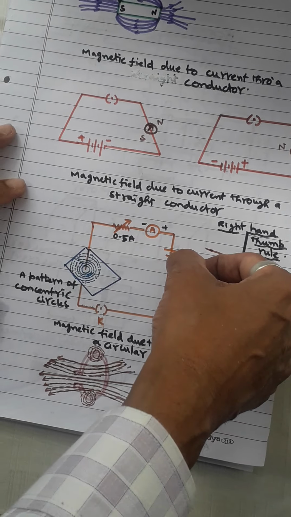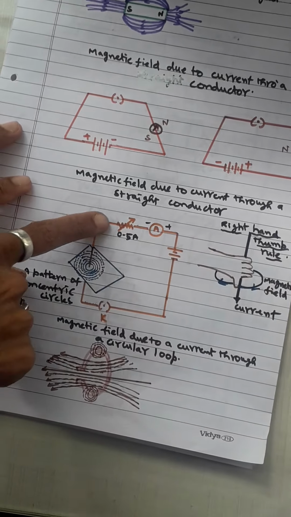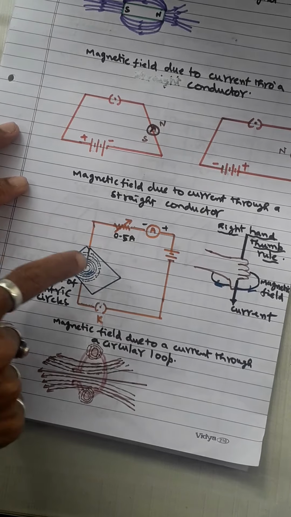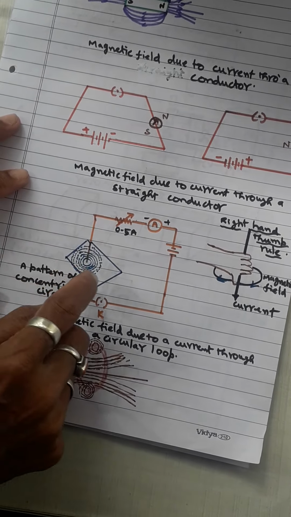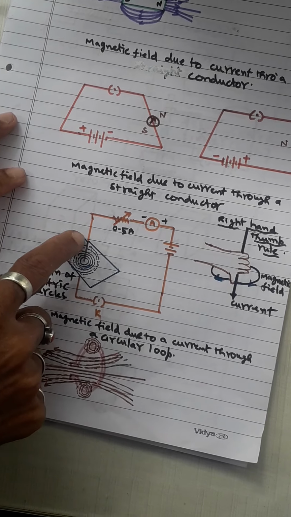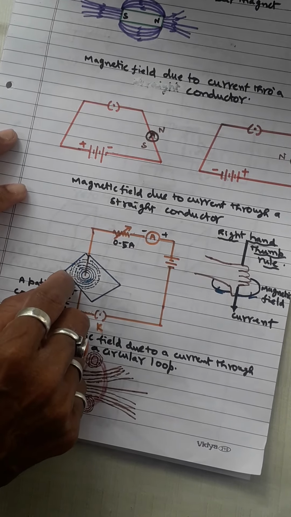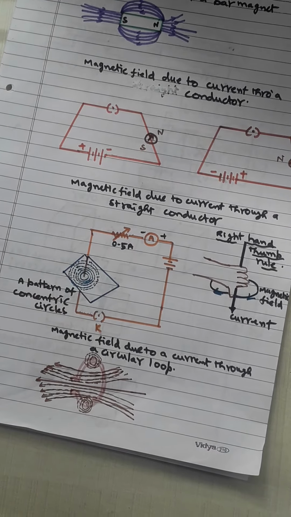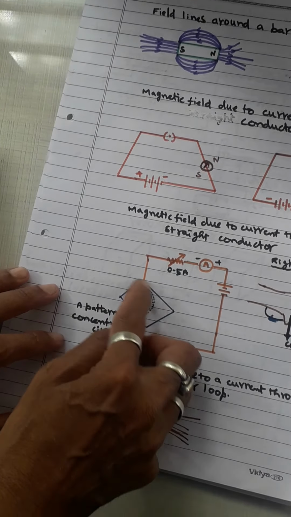Here I am taking a battery also. As the current is passing here, I can change the current. Now we can keep it at 5 ampere. After keeping it at 5 ampere, you have to take a cardboard. On that cardboard you have to take iron filings, like I just showed. Then if you take the straight conductor like this, the filings will form a concentric circle.